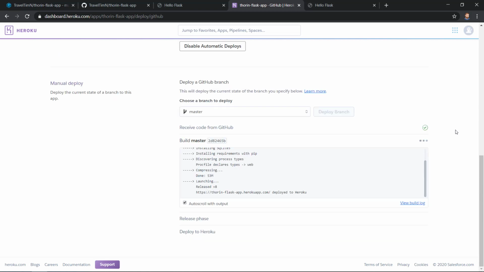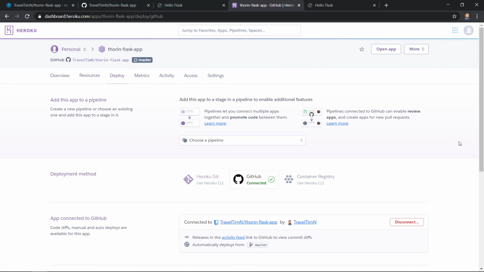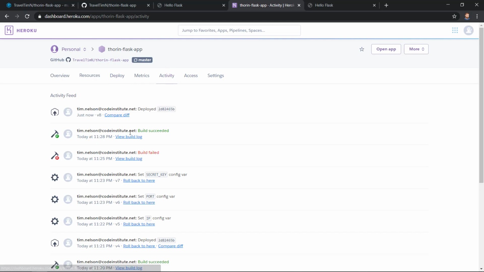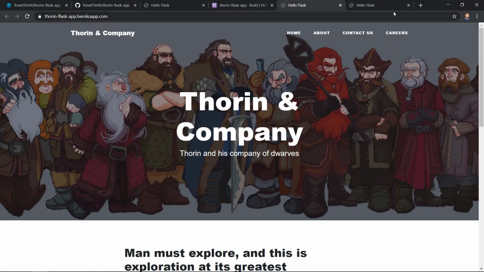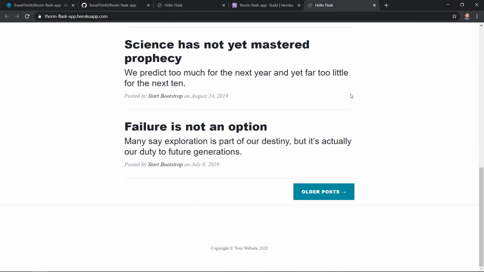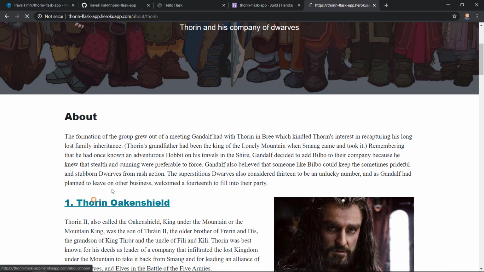This is looking a bit more promising now. Excellent. So now it shows me our app was successfully deployed. I just want to double check the build log, so we'll click on the Activity tab and then View Build Log. Everything looks great here, and it shows that our build was finished, so let's just open the app and check that it's still loading fine. Our page is now fully functional, and we've now seen two ways to deploy to Heroku, either by using the Heroku toolbelt or by setting up automatic deployments from GitHub.